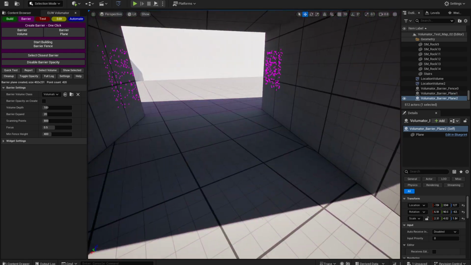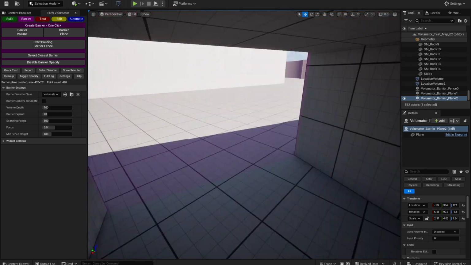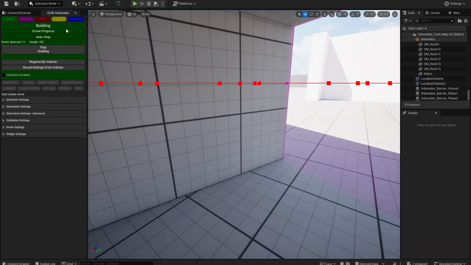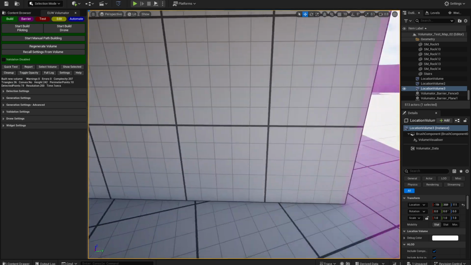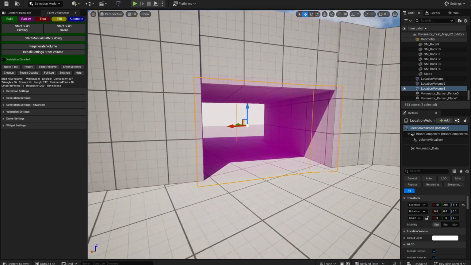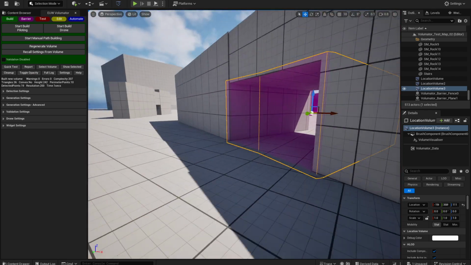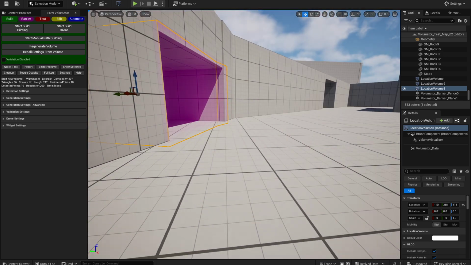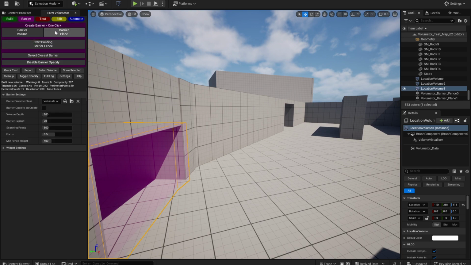And because they're infinitely thin, when we build our volume here, it should come right to the edge here, which it does. Yay. And so we can safely build volumes on both sides of the tunnel and know that it's going to be the right shape. And so that's the point of using planes rather than volumes: when you need to have volumes right next